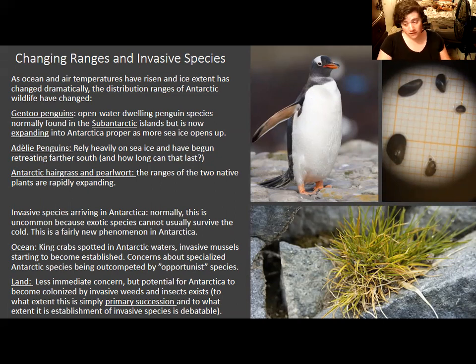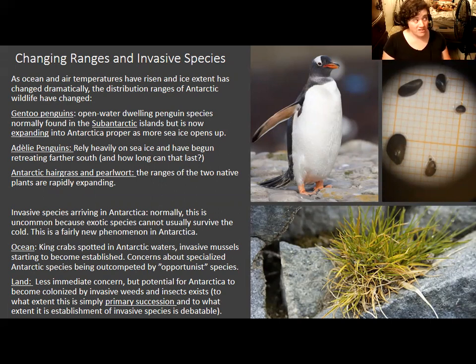Conversely, the Adelie penguins, which are a species that relies very heavily on the sea ice for their feeding and breeding cycle, have retreated even farther south, and that poses the risk that their habitat will completely disappear as Antarctica gets warmer. The same way that as global warming presses on, alpine habitats go higher and higher up, like the cool pine mountain forests get higher and higher up, until you get to a point where there isn't any more space for them anymore. The mountain is too warm that even on the top, you don't get these alpine communities. You kind of get the same thing going south. Potentially, Antarctica could get warm enough that there isn't enough sea ice for Adelie penguins to survive at all, which is devastating.